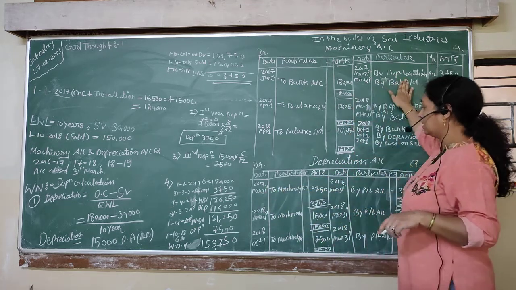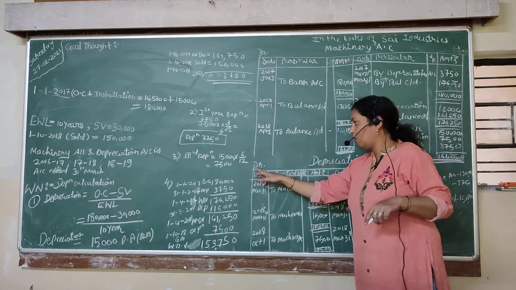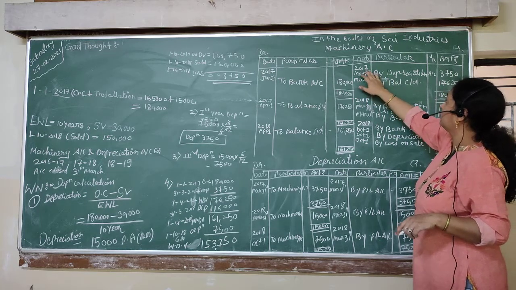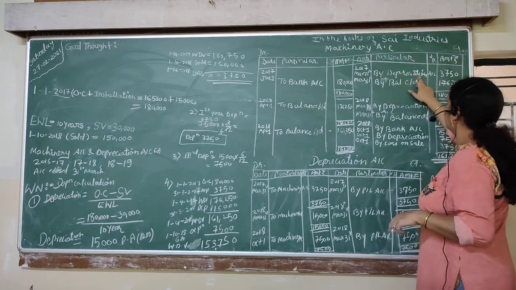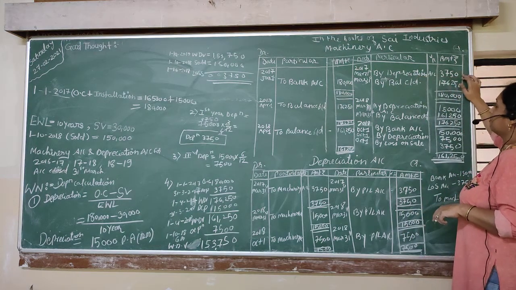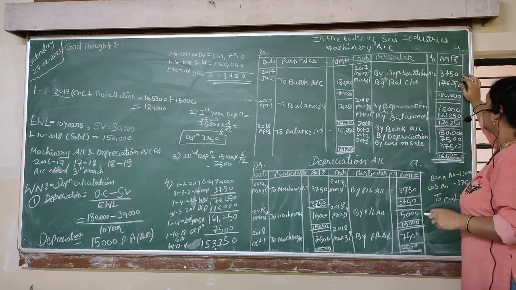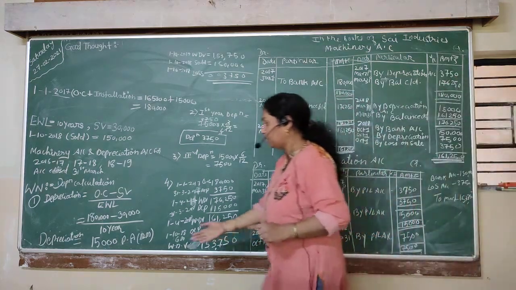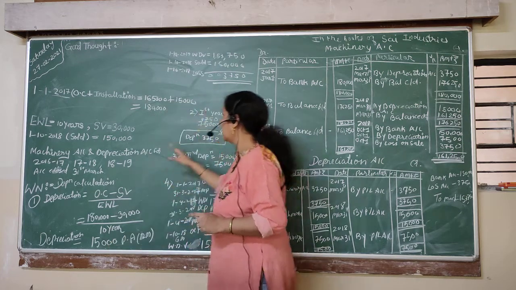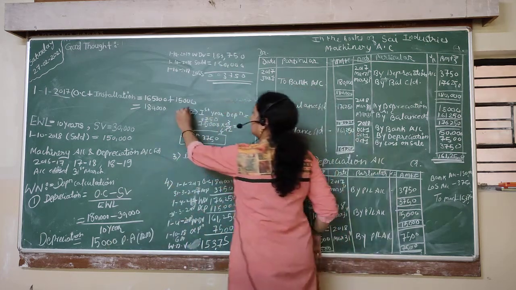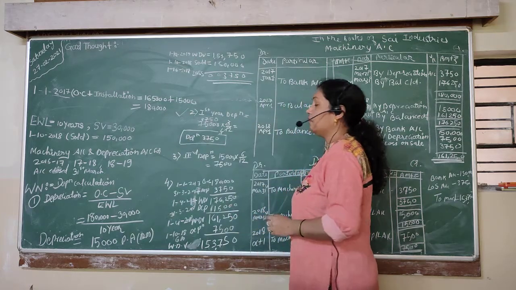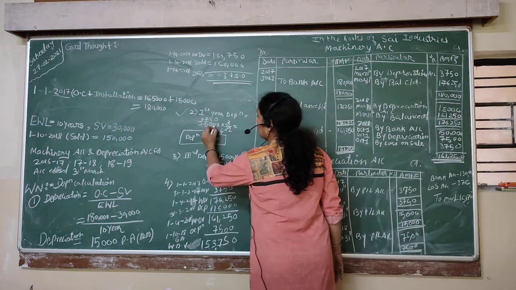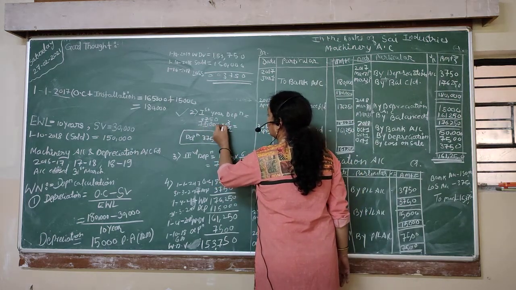Depreciation account debit to machinery account. So first, on the depreciation account debit side to machinery account, and March 31st, 2017, on the machinery account credit side by depreciation account 3750. Now students, you will think why I have written 3750, because the depreciation is 15,000 per annum. So students, see here the working note number 2. This is our working note number 2, in which I have calculated the first year's depreciation, in which you can see 15,000 into 3 by 12.